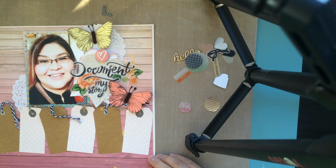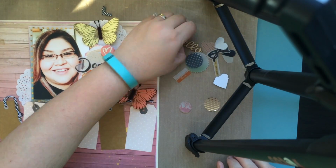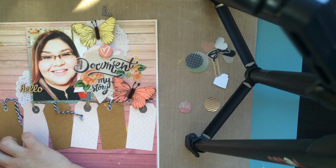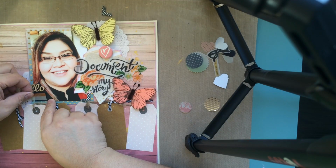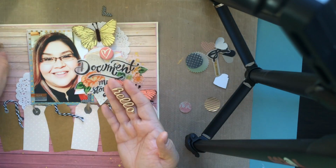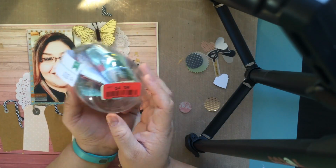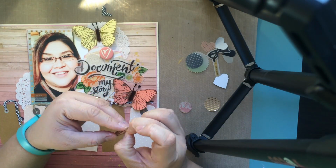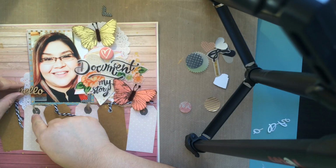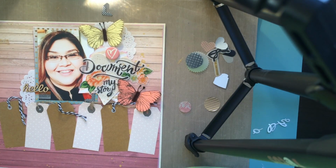At this point, I think I can read you. I just wanted to document my story, and my intention of buying these scrapbook kits, this was my first kit, the January one. My intention was that I wanted to use these kits, but also incorporate some of my stash with it. And so I finished this kit completely, but I've been using my stash as well. And it's also kind of propelled me into making some more of my own layouts, which I'm really excited about, because